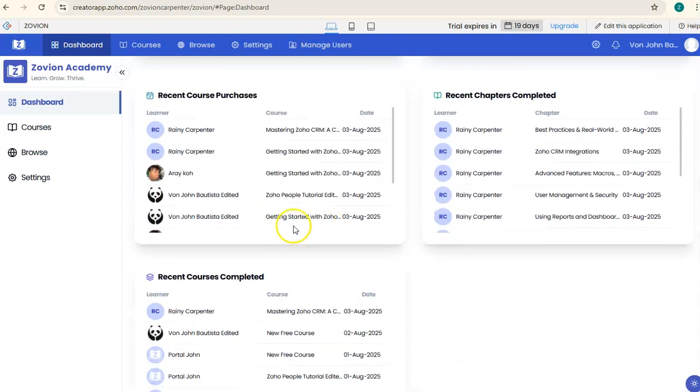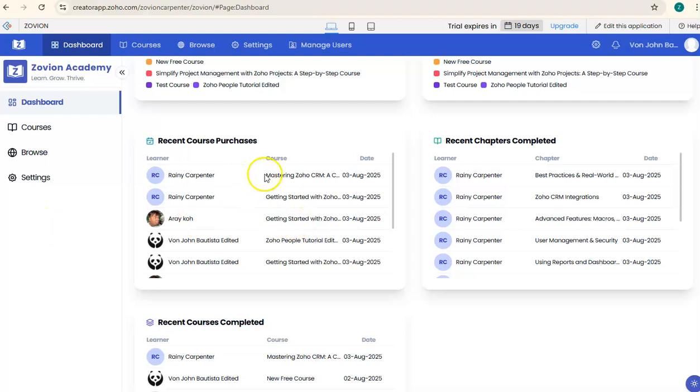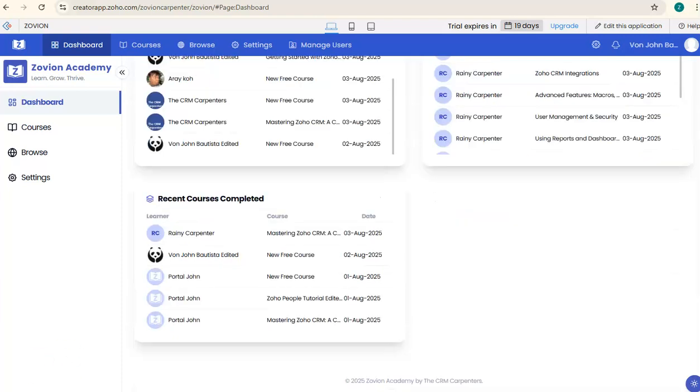And right here is the teacher courses page. So down here is the recent courses completed, which shows the learner who finished and shows the date when they finished the course. So jumping into